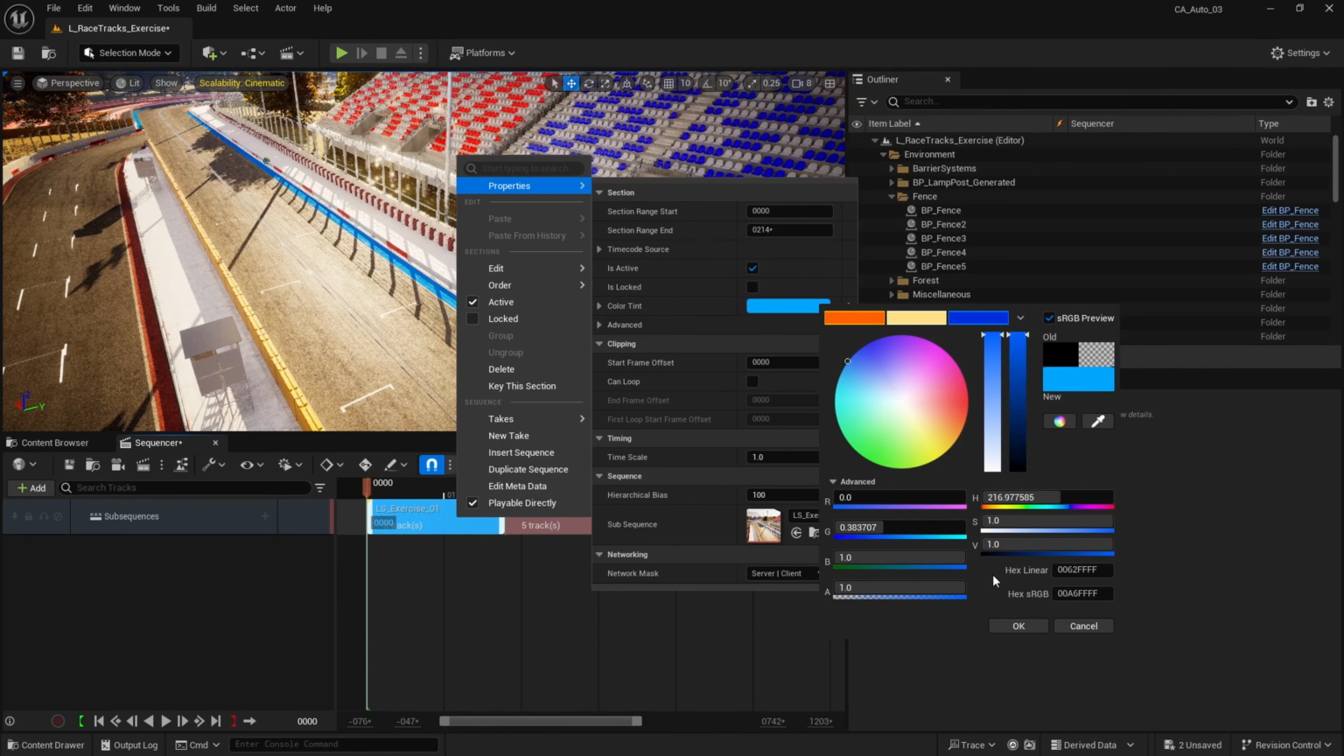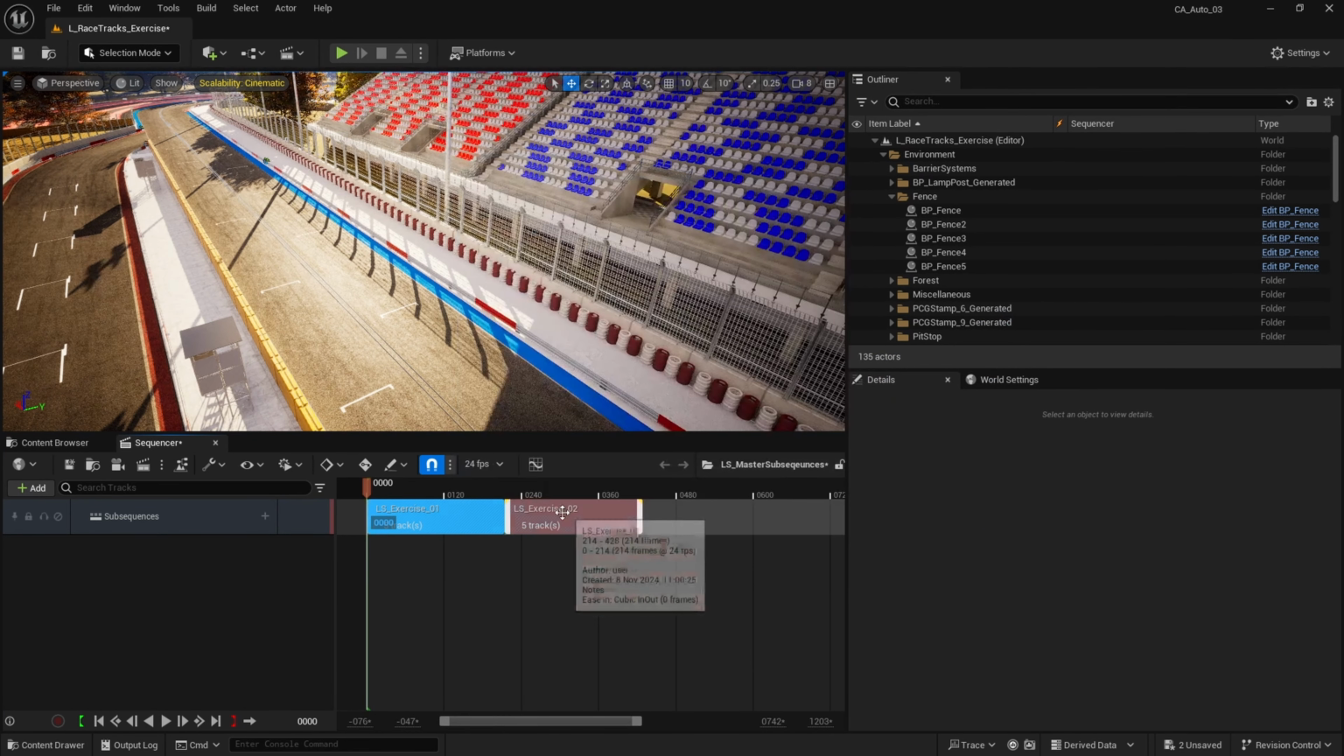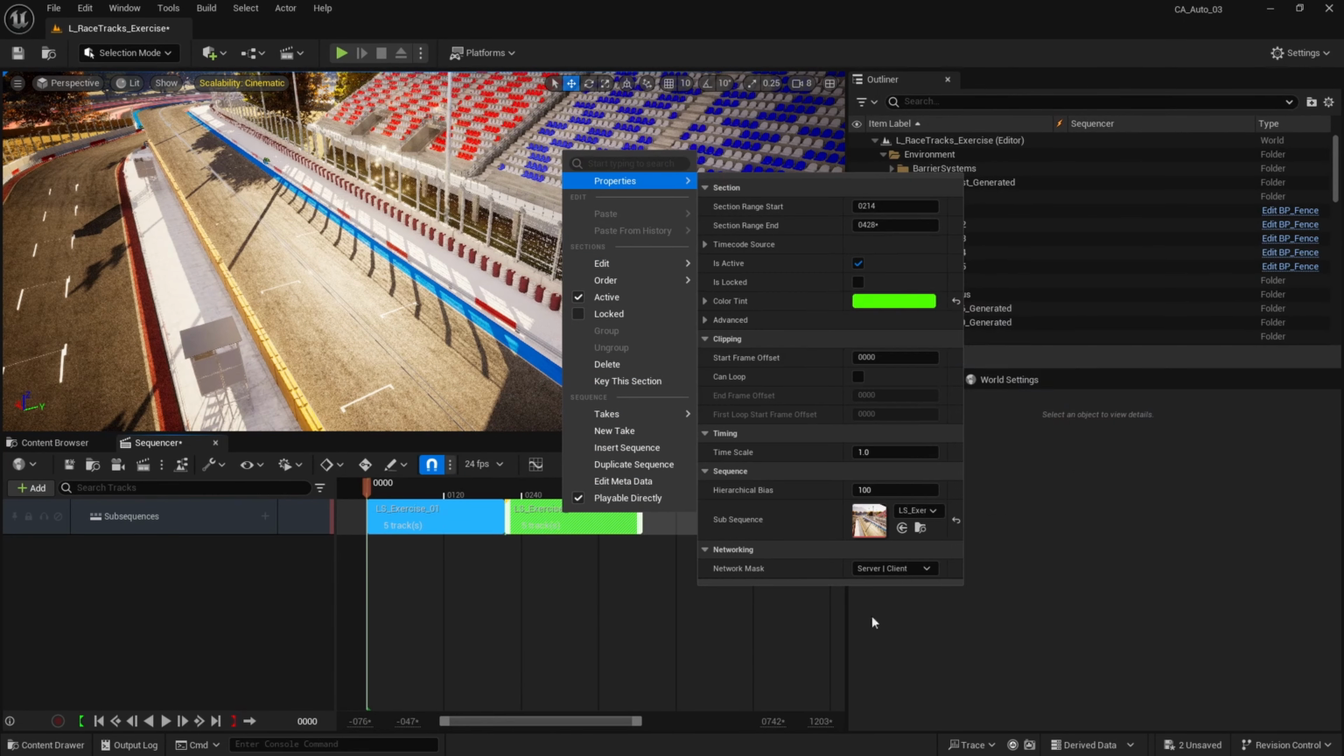So let's say a blue. The next one would be green, for example, and so on. So now you see my subsequence exists. All right. Another thing I need to also add is my camera cut track, because I need to know